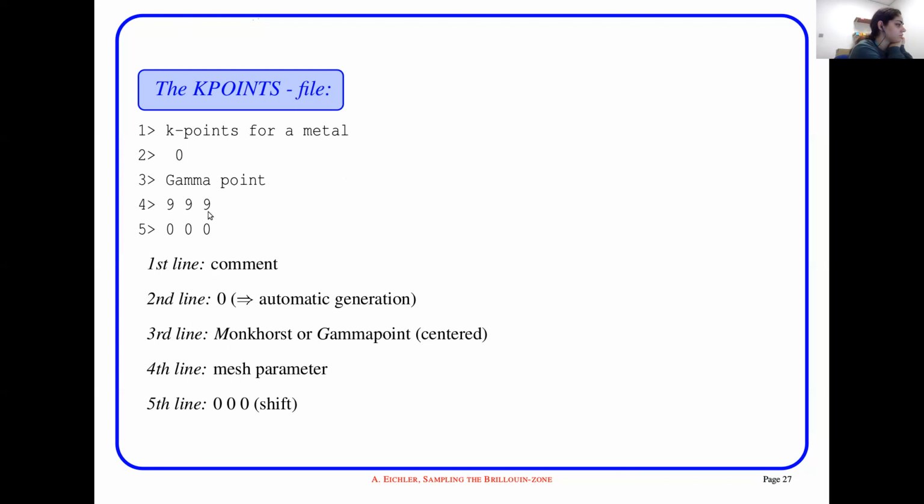Mesh parameter 9 9 9. And remember, and maybe I can annotate so that we don't forget, that for at least metal, the rule of thumb is to have, let's say, 9 9 9, that means that you will have lattice vectors of like 3 or 4. Yeah, 3 or 4, exactly. Because then you need to multiply 9 times 3 or 9 times 4, and it needs to give you a number that is larger or equal to 30. But the lattice vector or the reciprocal lattice vector? The lattice vector. Yeah, the lattice vector.